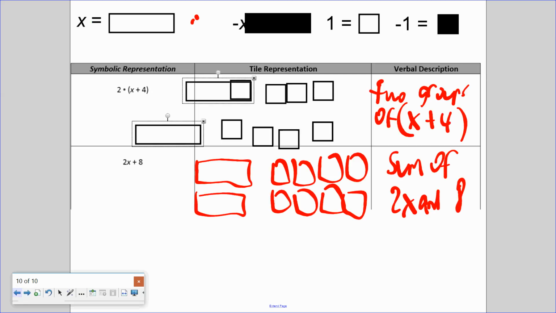Next, and that is our last example. So what we did is we practiced with symbolic representation, tile representation, and verbal description. So we're just practicing the study of algebra tiles. So in our next class, when we talk about simplifying expressions, you will get a better understanding of